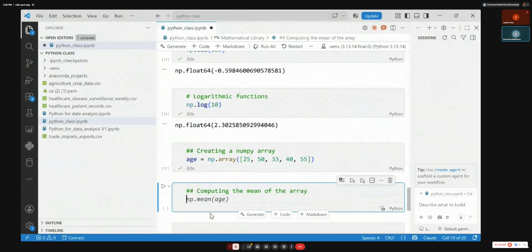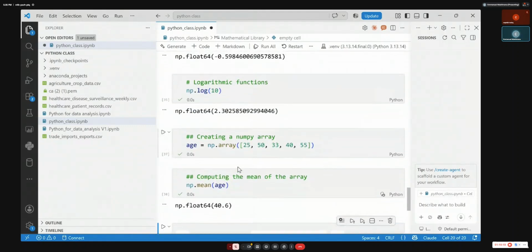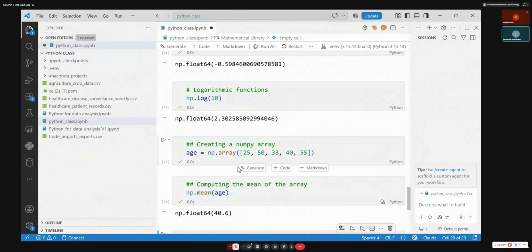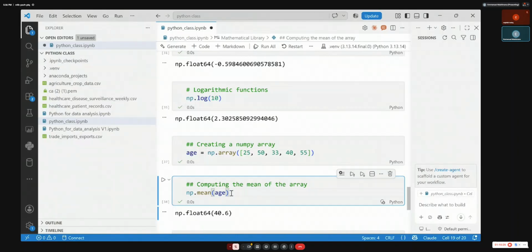For me, it has become easy since the AI came. Now, this is the function I can use. Now I have the average of this age. NumPy mean, and then you put the name of your array. It will simply give you the average of what you want. Do a little practice. Create an array of ages, and then below you compute the average. You print it, simply as that.